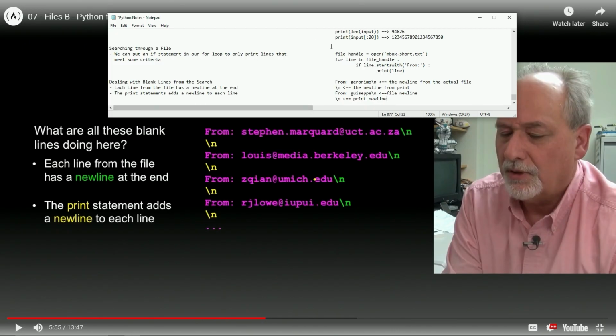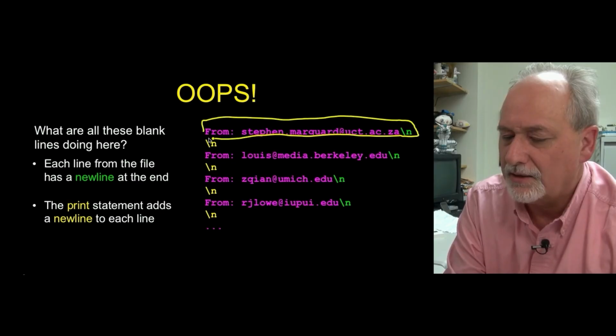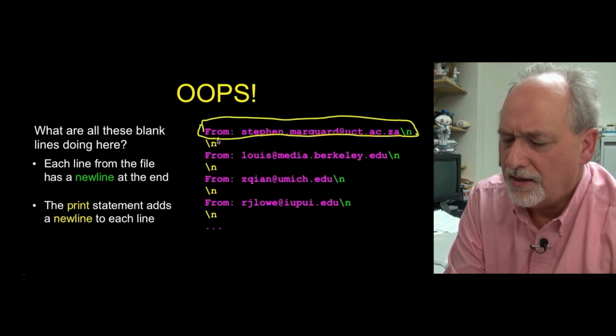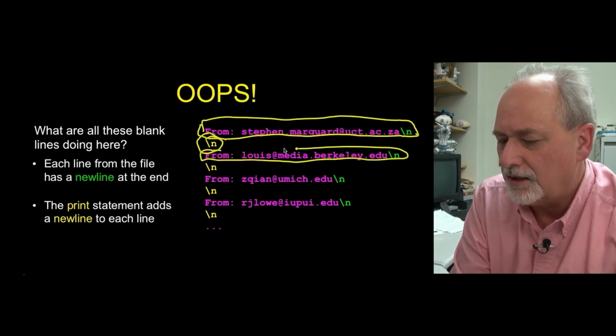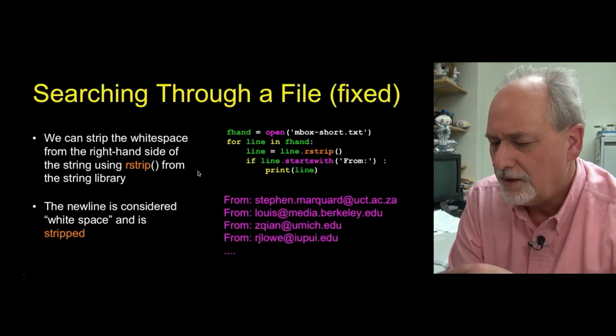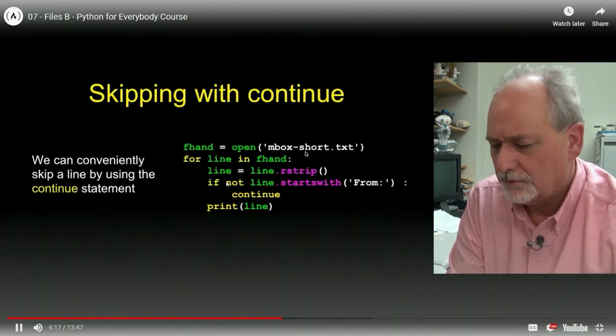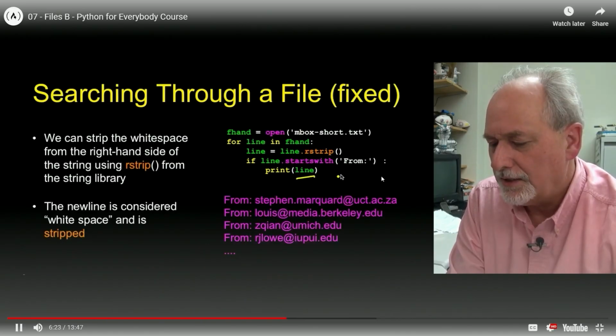So we're probably going to have to do a strip, like print line.strip. I don't remember how to do that. We'll look in the notes. But that's probably what we're going to have to do to fix this. It reads that first line up to and including the new line and gives you that back as the variable. So that is the first new line. And then the print statement actually adds another new line. So the second line of the file has a new line at the end of it, and the print statement adds another new line. If we take a look at the code, that's why this variable line has a new line in it.